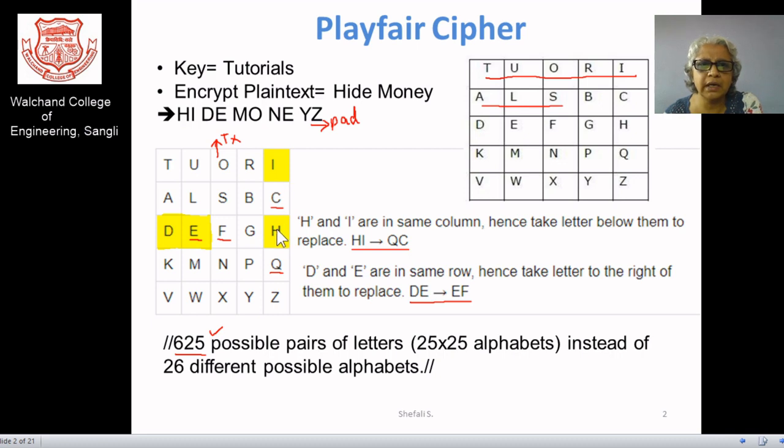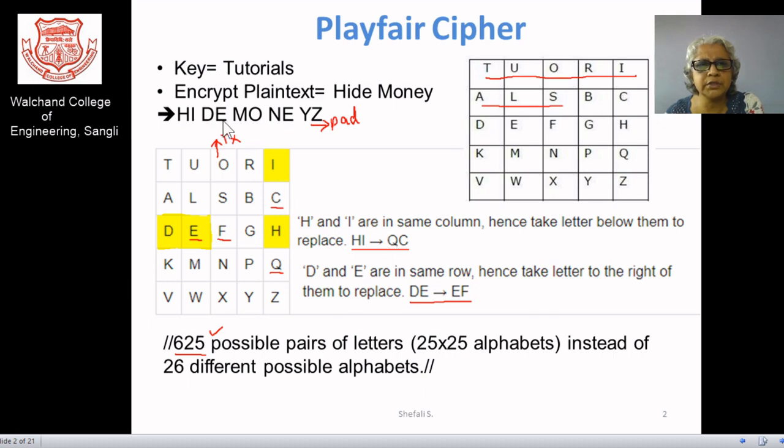So you can shift in a reverse manner: one step back for H is Q, which is the replacement, and for I one step back is C. So H and I together become Q and C. We can observe here the letters are given. H and I are in the same column, hence take the letter below them to replace. So HI is converted into QC.